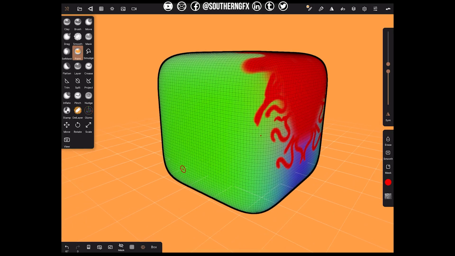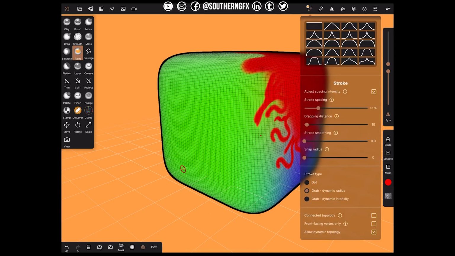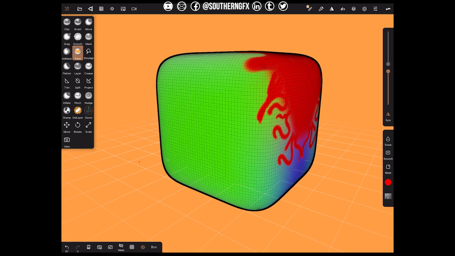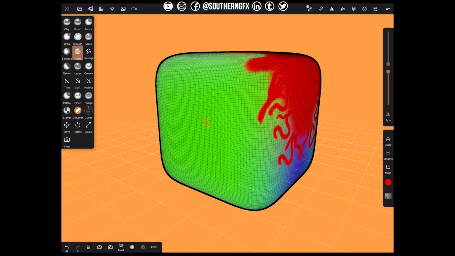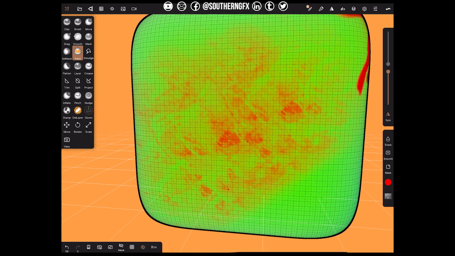And it gets even more complicated, because if you now start adding in alpha maps, and I start painting with alpha maps, if you go up here to the settings and change it to grab dynamic radius, and then watch this, I'm going to pull this on the surface. It might look like it's adding a texture map, but it's not. What it's doing is, it knows that map, but if you zoom in and do what we've done again and again,